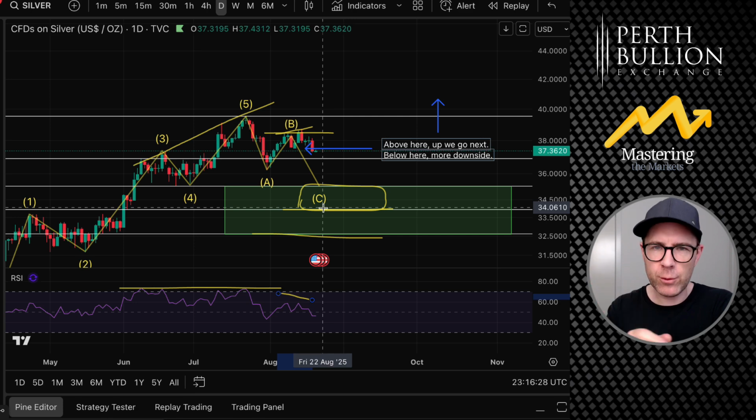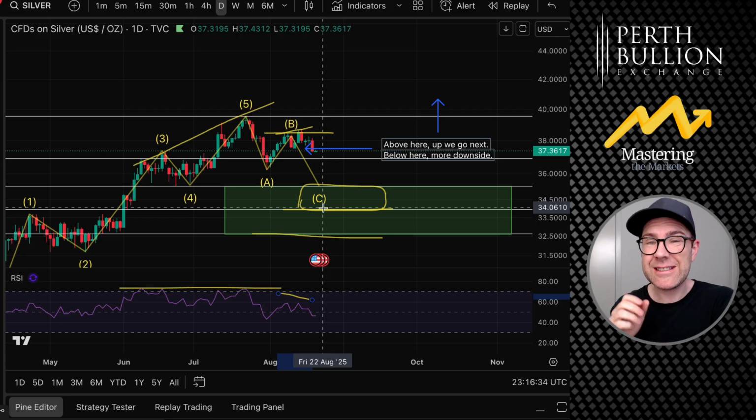Again, I'm fully bullish for silver over the long term. It's going to break $50. It's going to go to triple-digit silver in the next years coming, and possibly several hundred, multiple triple-digit silver on the long term. We just see price go up and price go down. Let me know in the comments.